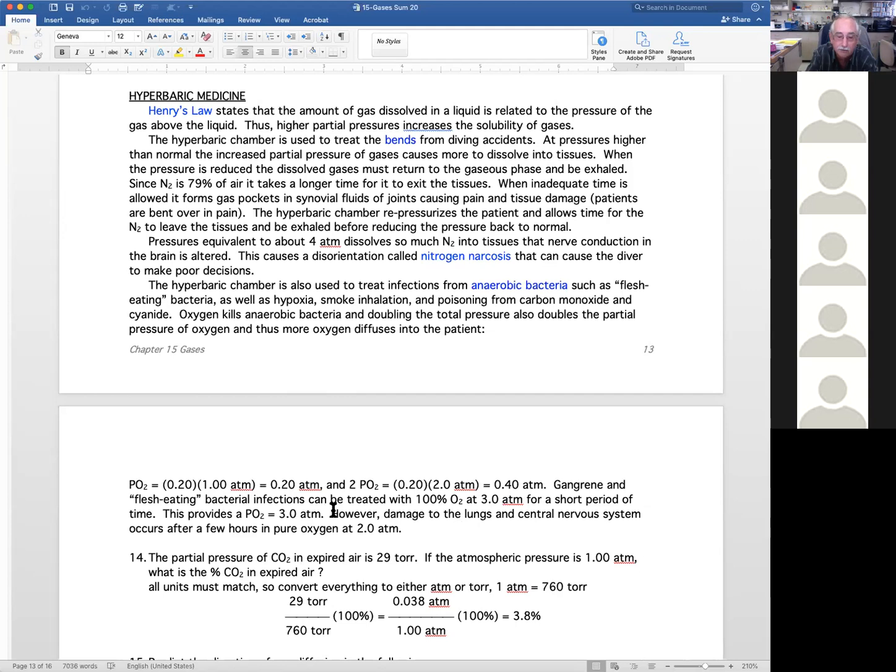time. That would give you a partial oxygen pressure of 3 atmospheres, which is pretty huge, because right now we're at 1 atmosphere and it's about 20% oxygen, right? So right now we're about 0.2 atmospheres. So anyway,